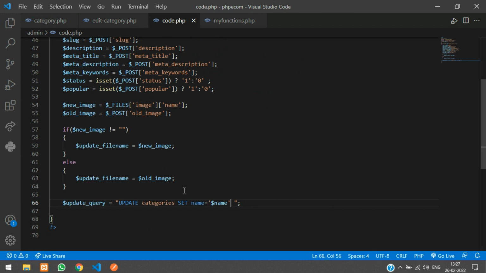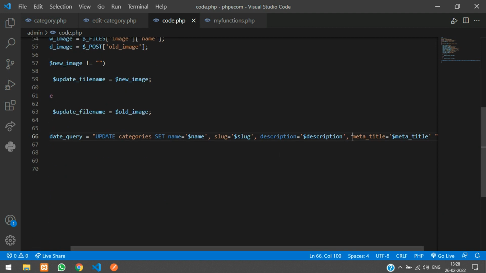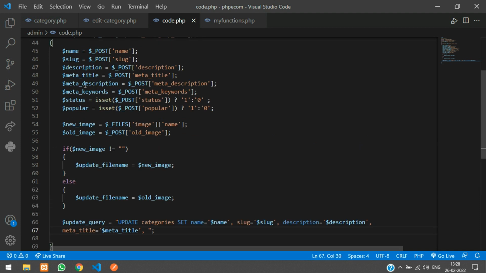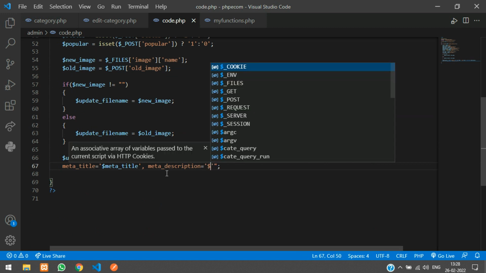And then you have the slug is equal to $slug, comma, description is equal to $description, and then you have the meta title, $meta_title. So I'll just break this query to the next line, meta title, and then we have the meta description. Meta description is equal to $meta_description,